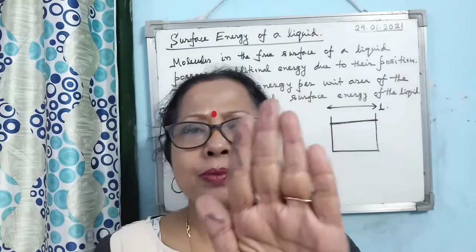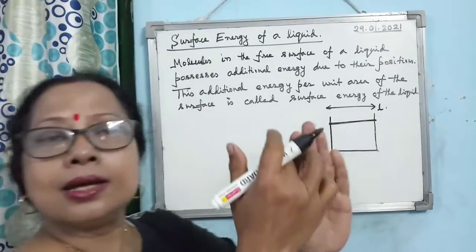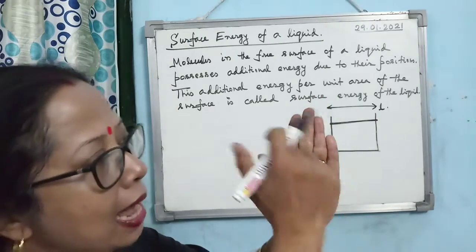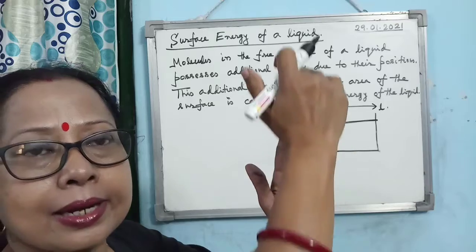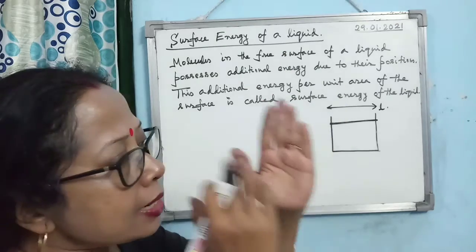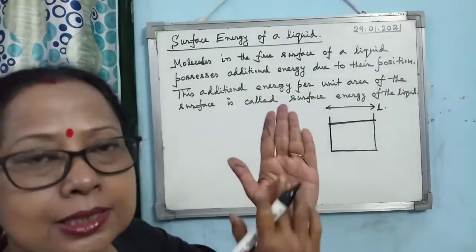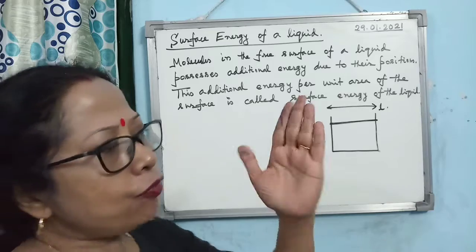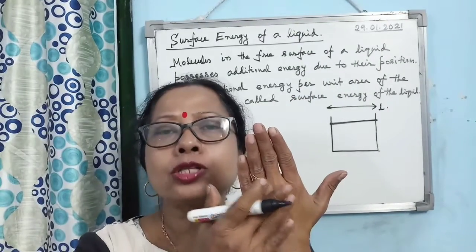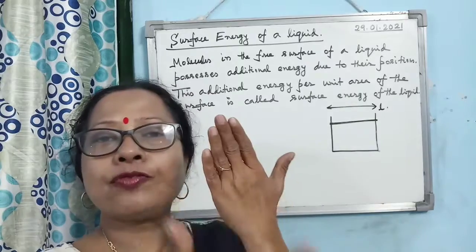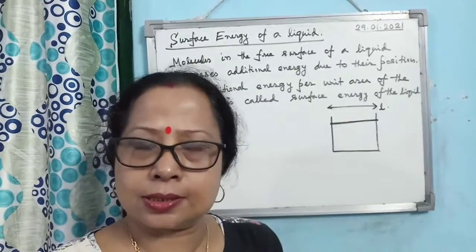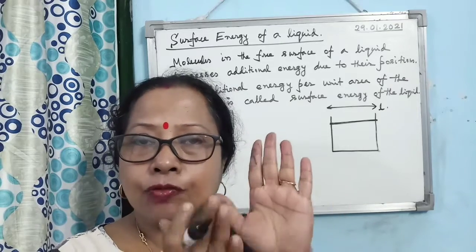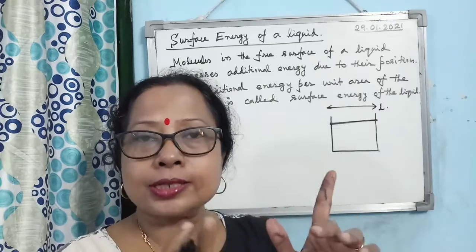Just to imagine, suppose my hand is that rectangular string you have taken, out of which these three sides are fixed, and the upper side you can slide up or down. It is movable. Now, if you consider the film created here, you see here is air, so one free surface, and the backside is also exposed to air. So how many free surfaces does it have? 2 free surfaces. Is that clear? This is the point you have to understand. For this film of soap solution, 2 free surfaces.